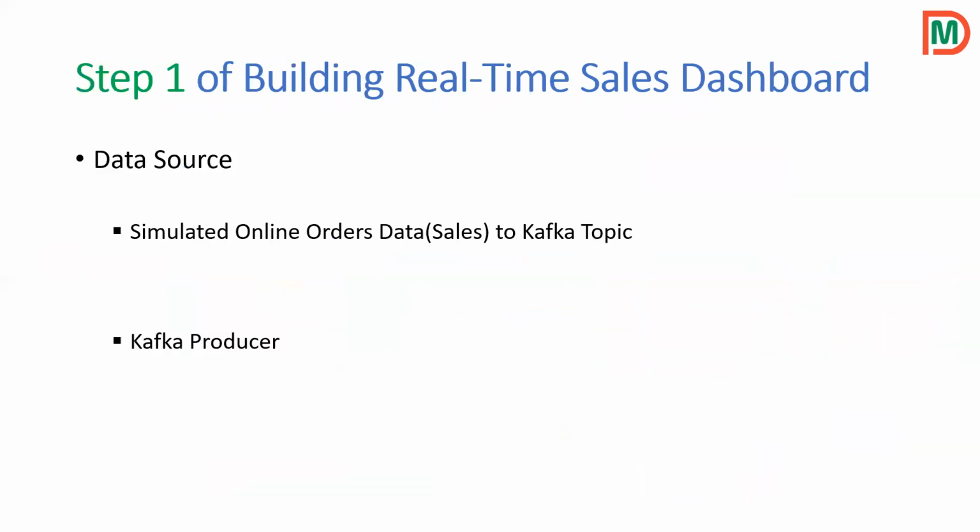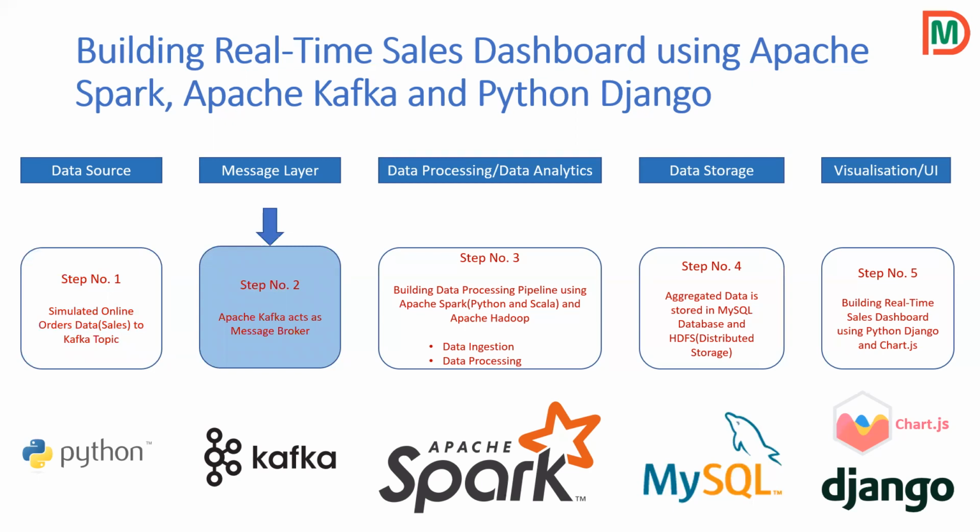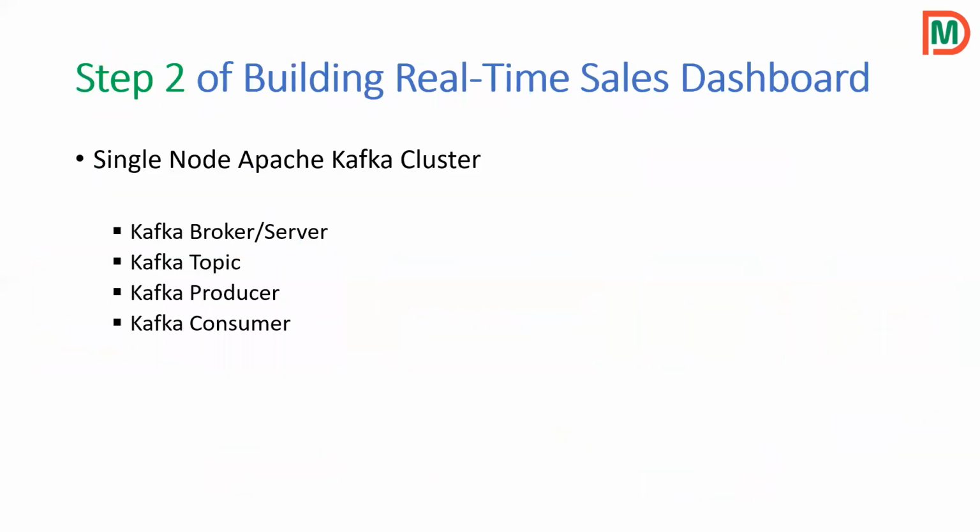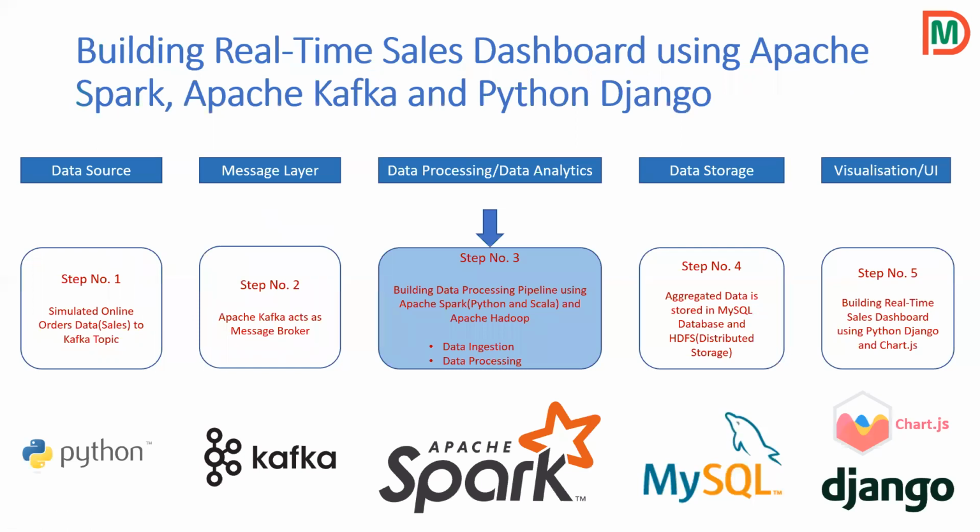Then we'll come to the second, the messaging layer, which we almost discussed earlier. When we walk through the code, I will go through it in great detail. As I mentioned, you need to understand what a Kafka broker or server, Kafka topic, Kafka producer and consumer are. And third is where we actually need Spark knowledge. Here I would suggest you get good knowledge of Apache Kafka. It's one of the really in-demand libraries or frameworks used in the market for distributed messaging.